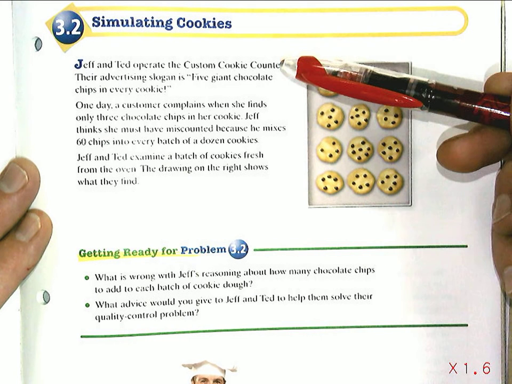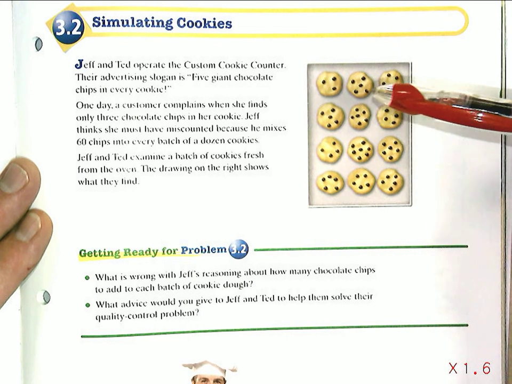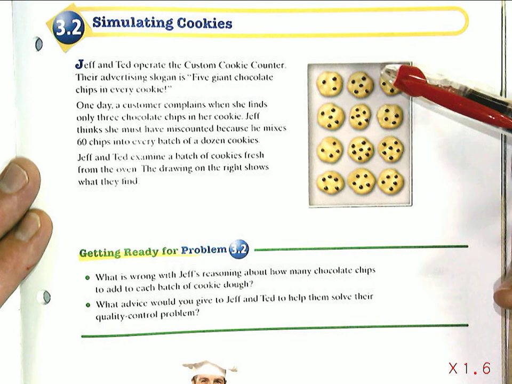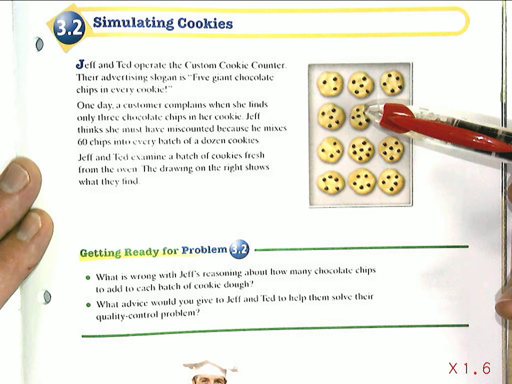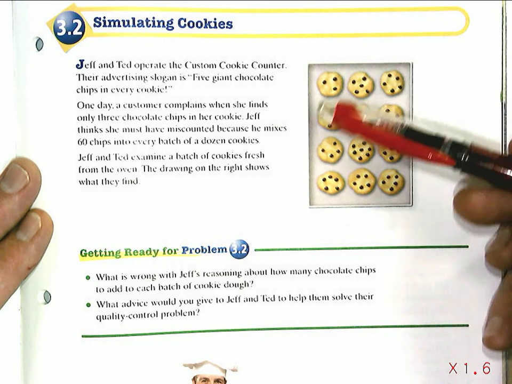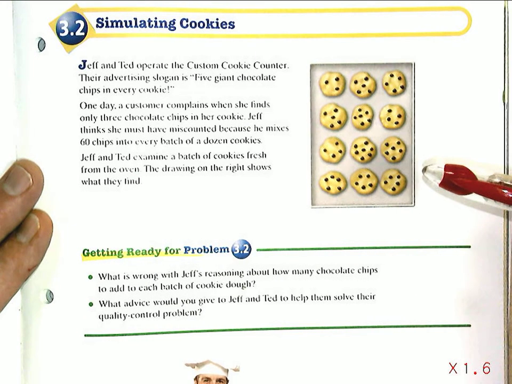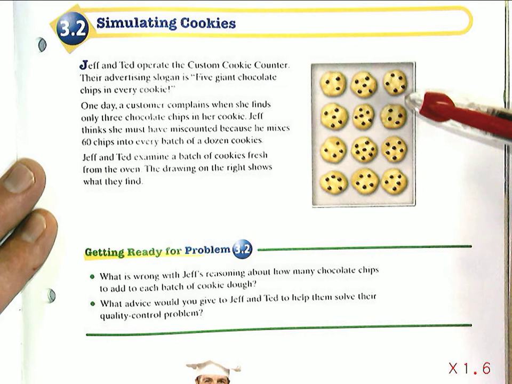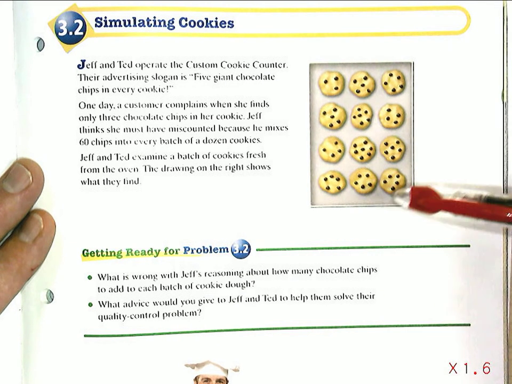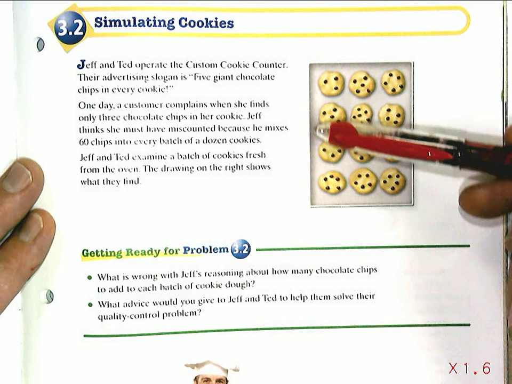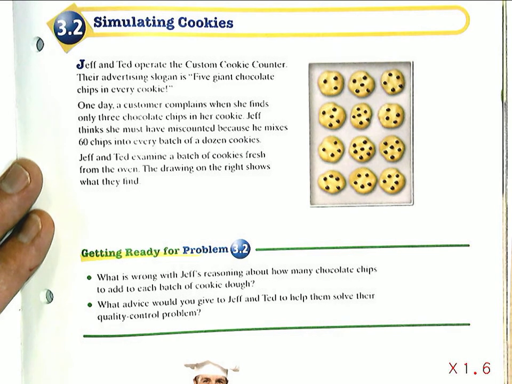and the owners of this custom cookie counter were guaranteeing that you would get 5 chocolate chips in every cookie. In order to do that, they would take a batch that would make 12 cookies and put just 60 chocolate chips in. The assumption being that when they scoop the cookies out, the 60 chocolate chips would randomly be equally spaced with 5 in every cookie,